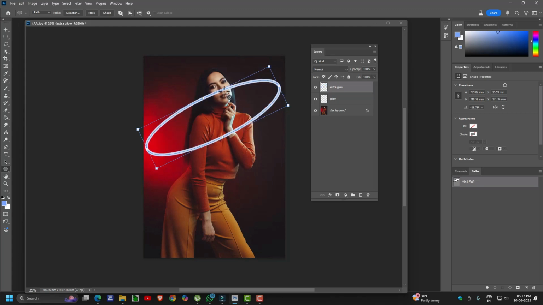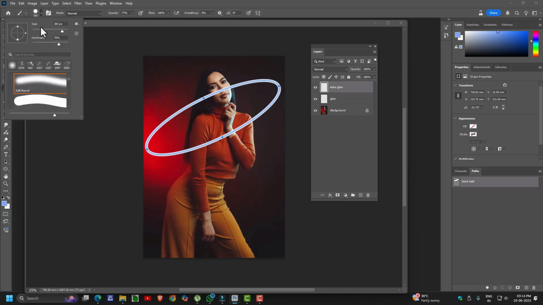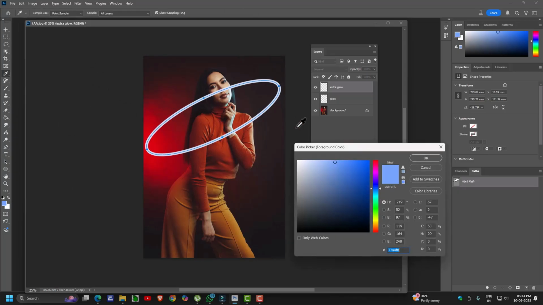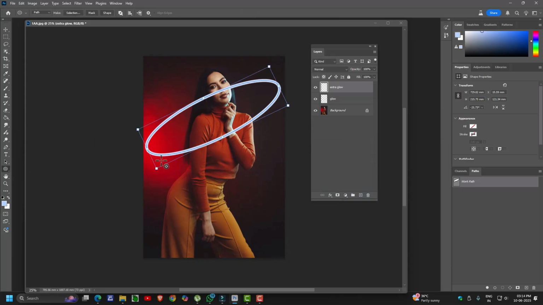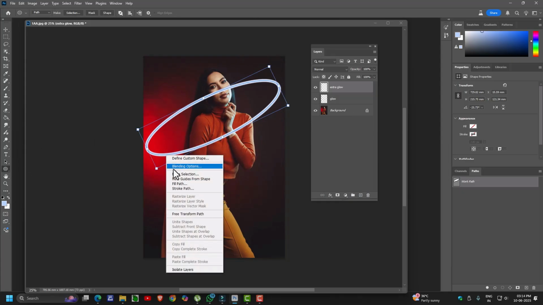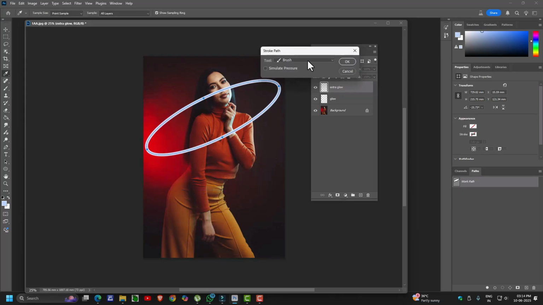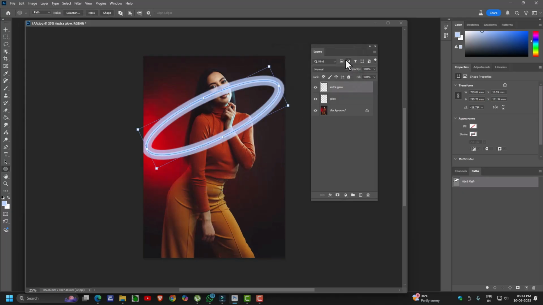Again, what you can do is go to the brush. Reduce the brush size. See exactly how it is. Slightly bigger. Okay. Go to the path. Same procedure. Go to stroke path. Brush and click on OK. Right. Now next what you do is